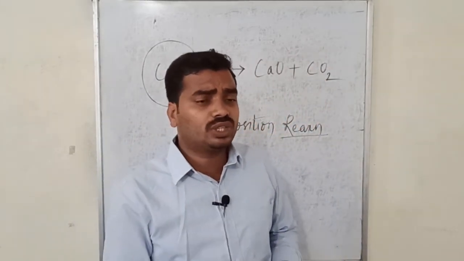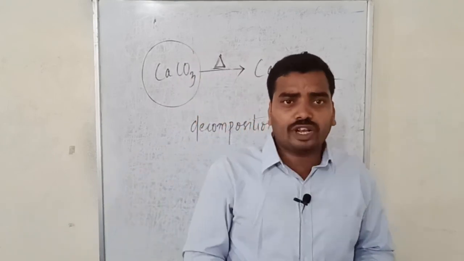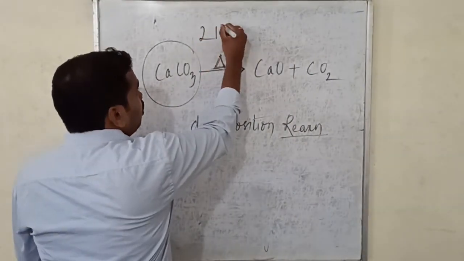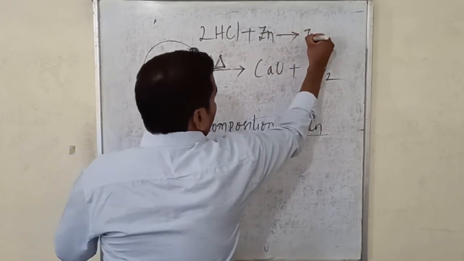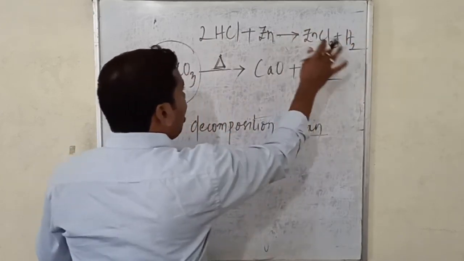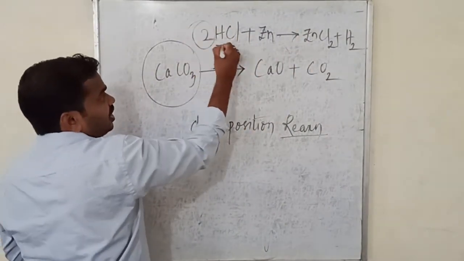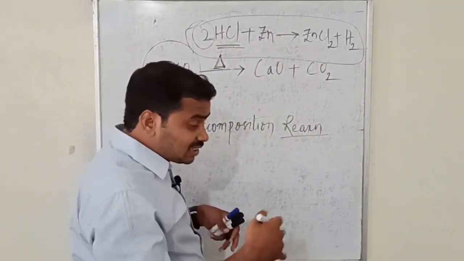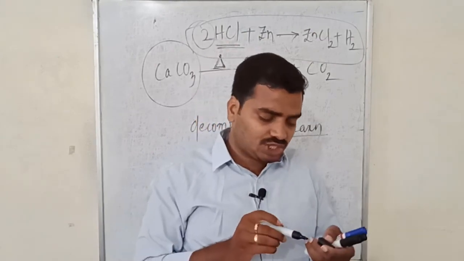Tomorrow we are going to discuss how to balance the chemical reactions. Just before, if you have remembered, I have written 2HCl plus Zn giving rise to ZnCl2 plus H2. After all the reaction I have written, I have placed the 2 in front of HCl in order to make this reaction balanced. So this kind of balancing of the chemical reactions we are going to discuss in the next session.